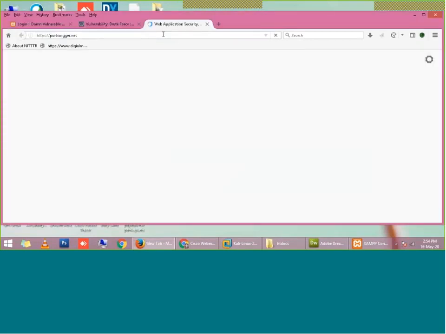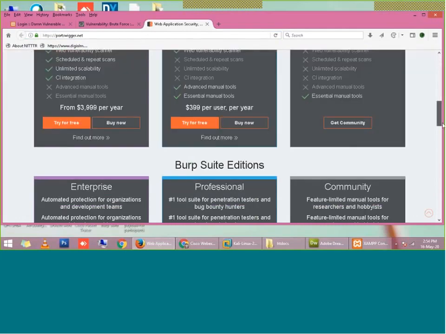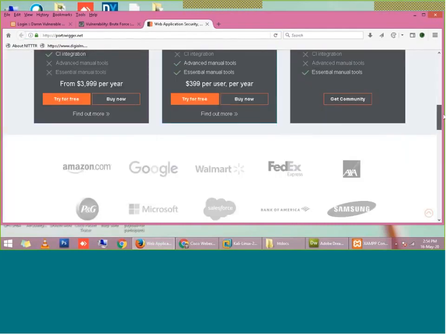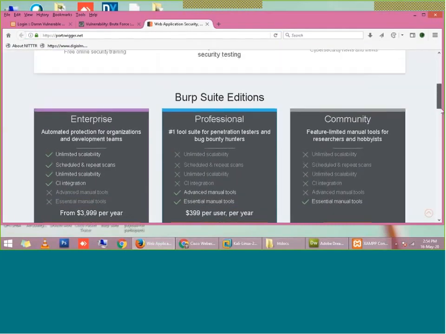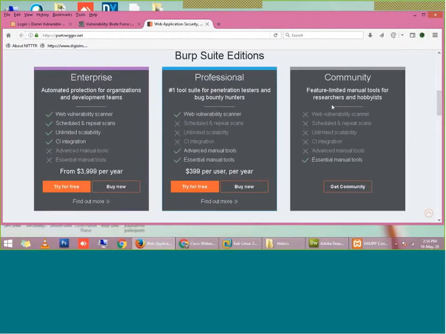It is proprietary software and has a paid version also. But for demonstration purposes, we will be using the community version. Though it has fewer features, we will be able to demonstrate using it.